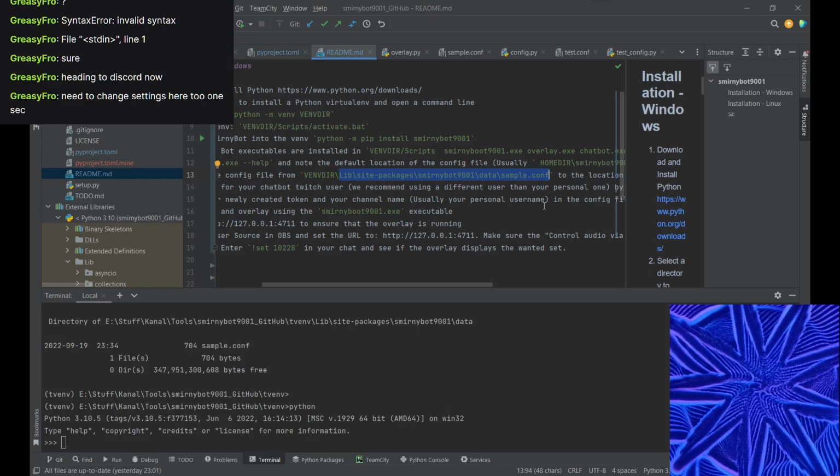And the venv should be in your home directory. I think you called it smernibot. So copy that to the default location that you saw on the help line. It's C:\Users\Mark\smernibot9001.conf.